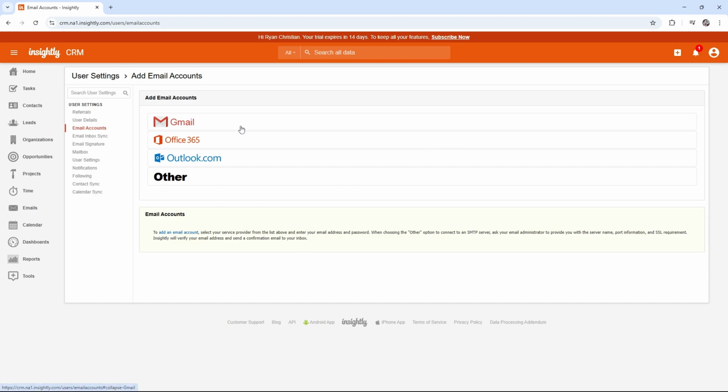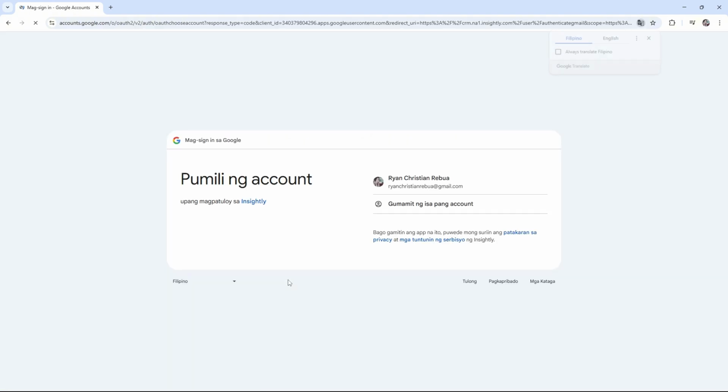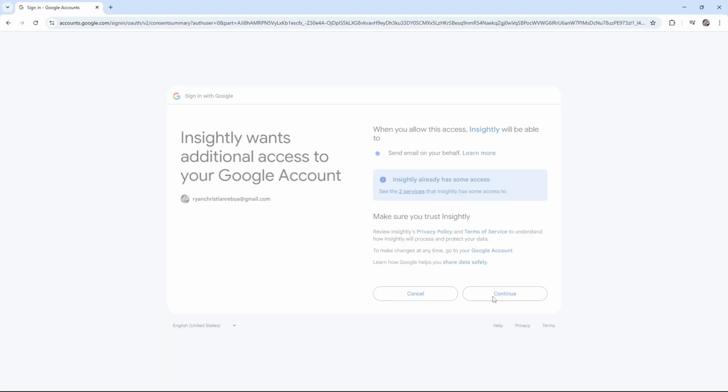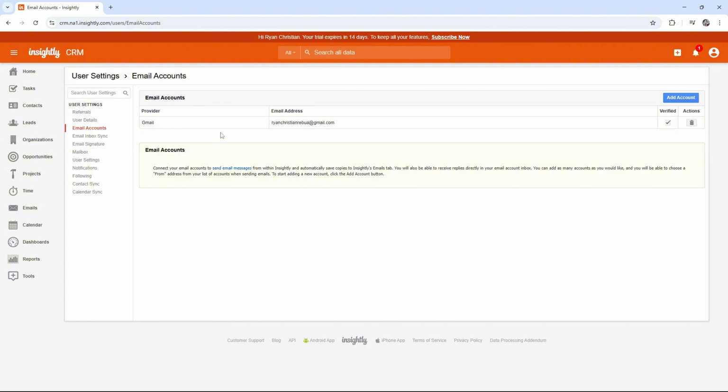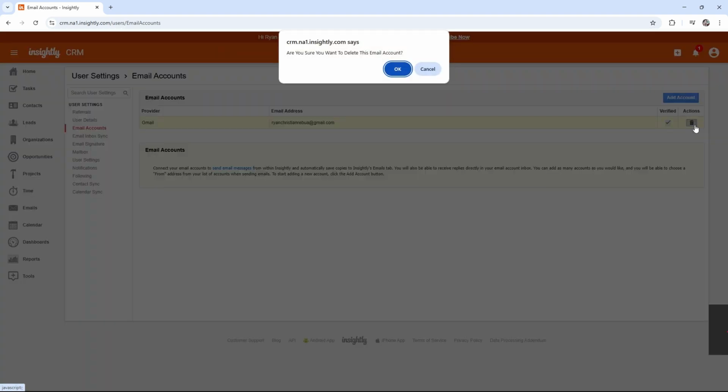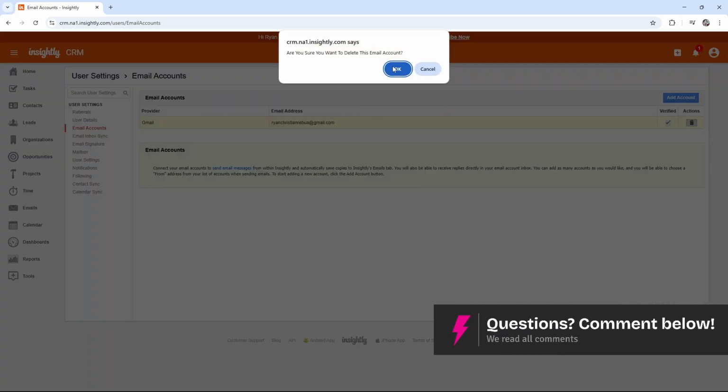Now, for example, I wanted to add one just for you to see. All right, just like this. You'll be able to see your email provider, which is Gmail. Click on the trash icon and then hit on OK. And after that,